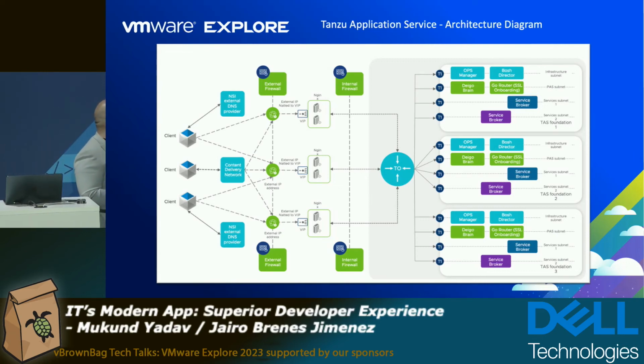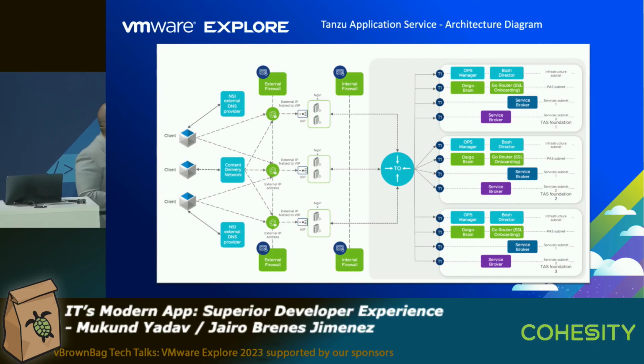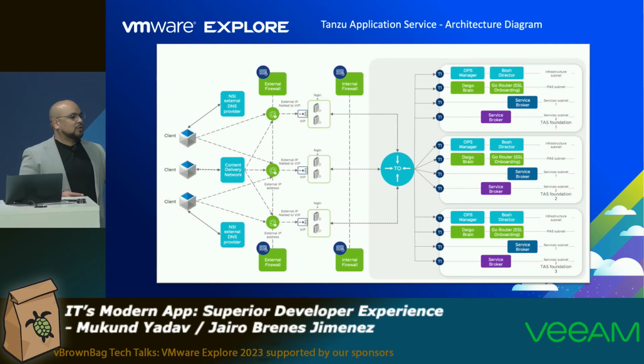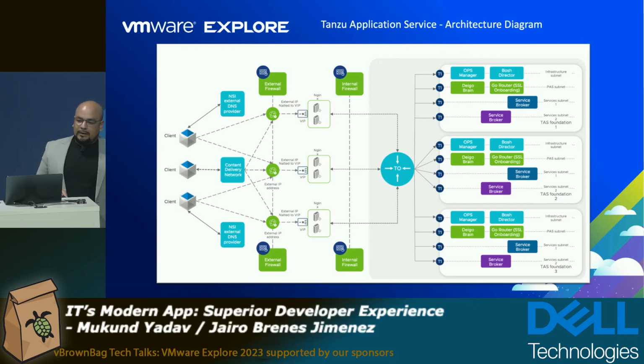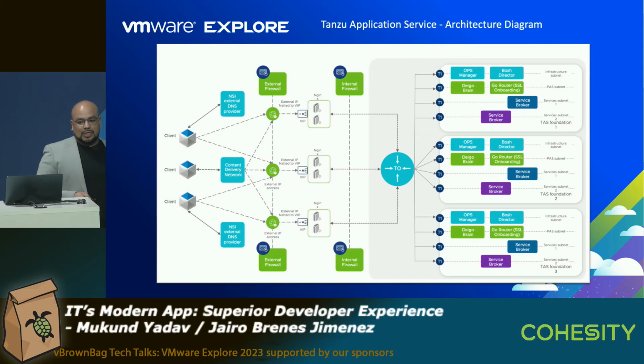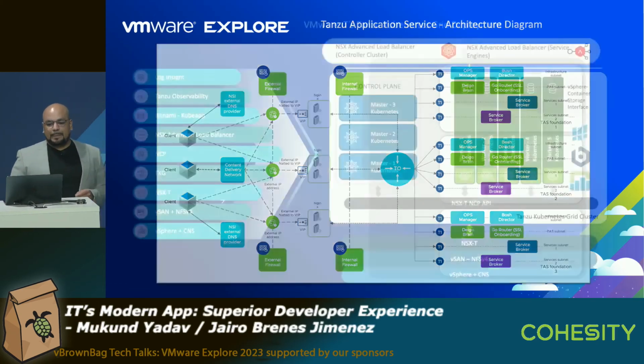Then at the other side, we'll have the internal firewall. We'll have the NGINX, which will have some routes configured in the NGINX configuration file. So we'll talk to the internal firewall, the T0, and then the T1, and subsequently to the container where the application is. And at the end, we can have the external firewall and the CDN. The CDN could be Akamai, or many other solutions we have. This is a very well-built infrastructure we use, very well accepted and very stable, and a lot of users really love it.